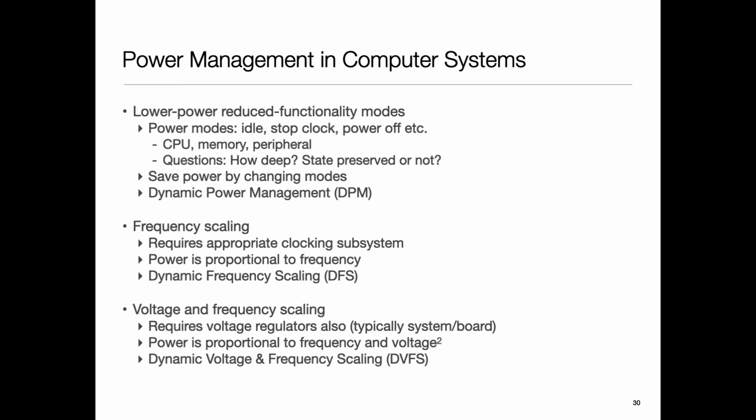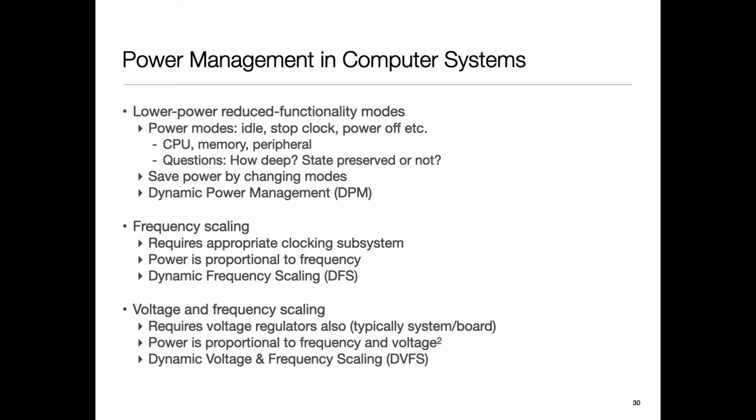Hopefully we'll talk about it later on, but there are a lot of nuances under the hood. So all of this leaves you with three strategies now. Scale frequency, which we could do by playing with the PLL or the crystal oscillator or some other such thing. Do a coordinated scaling of voltage and frequency. And the third one is shut the system down, shut off the power supply, or stopping the clock would be another strategy. And these are three tools in your arsenal.